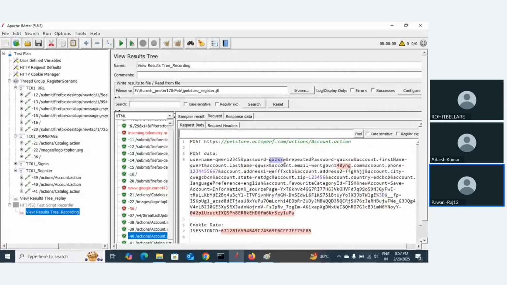So this data, suppose you're using a Gmail account, whenever you do the registration scenario for the first time, you will give all the details. You will mention all the details: your name, your password, everything. Similarly, we need to enter all the details here: username, password, repeated password, first name, last name, everything. And everything will come like a request because we are sending a request. You can see the post data. This is most important. Whenever post data will come here,